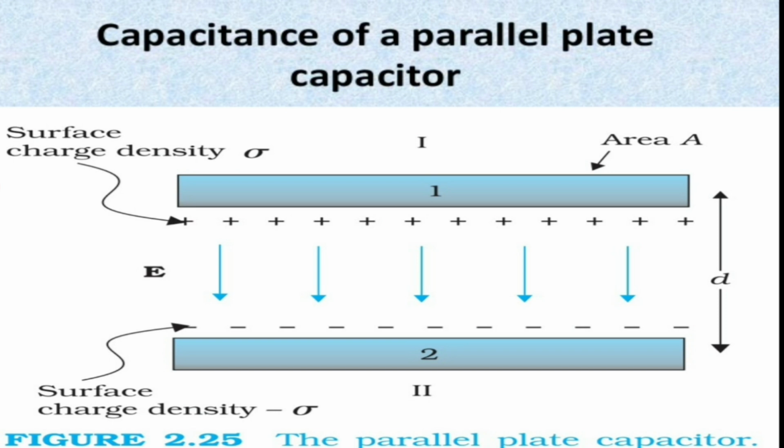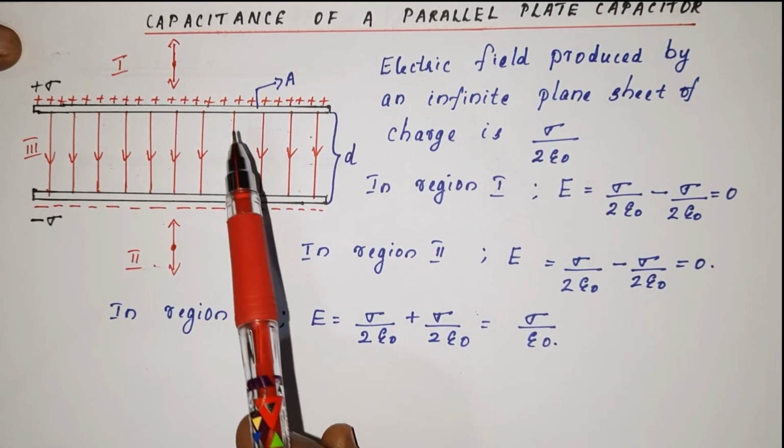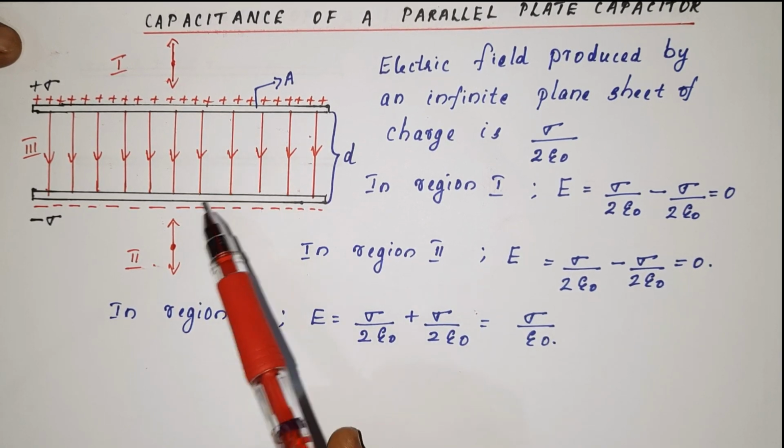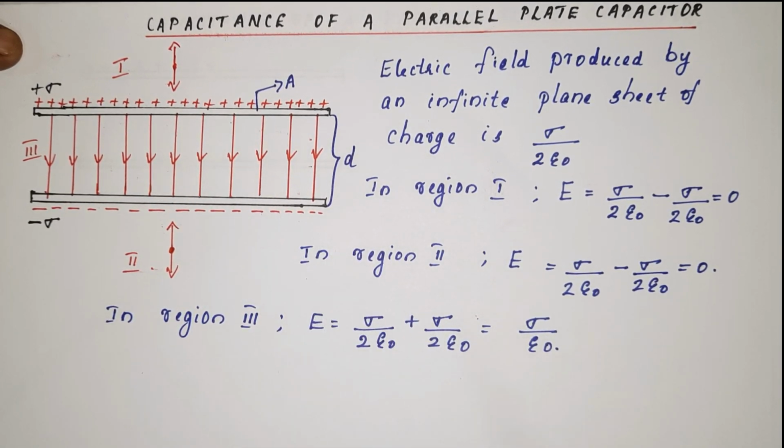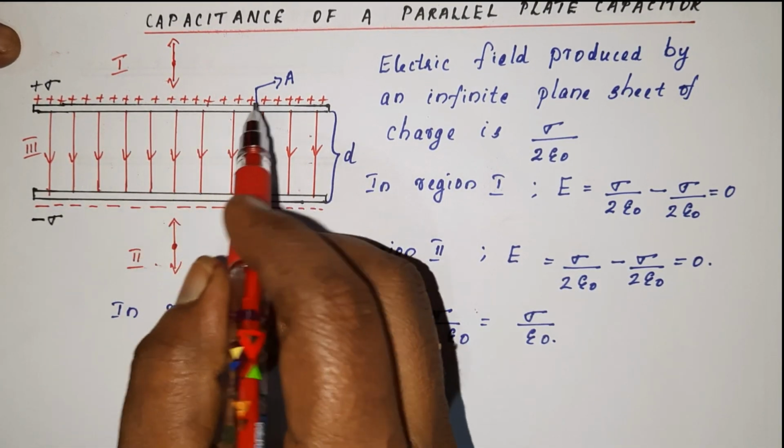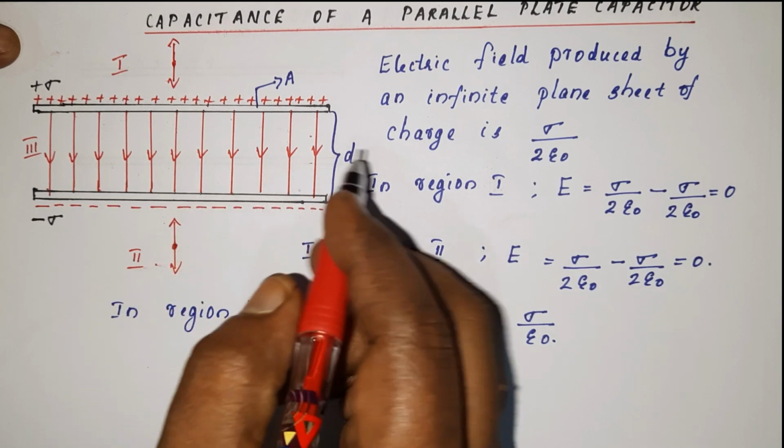Once again, the plates have area A and the separation between the two plates is d. Both plates have the same surface charge density, plus sigma and minus sigma. Now we will find the electric field on either side of the two plates and in between the plates. This diagram shows the electric field due to the two charged plates in the three regions. Here we assume these plates to be